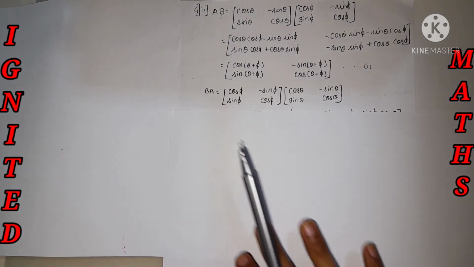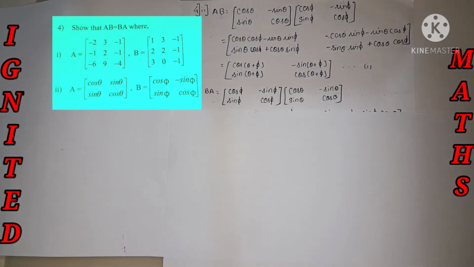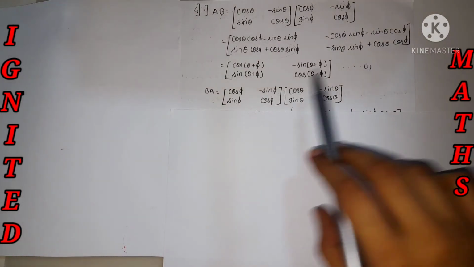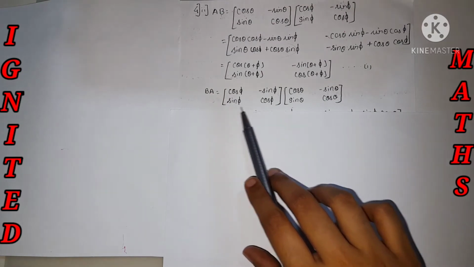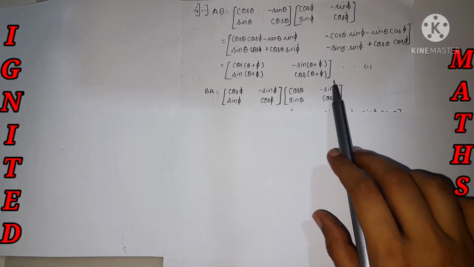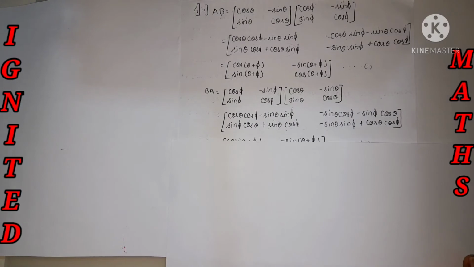Now we have completed the AB matrix, but in the question they have also asked for the BA matrix, and whether the following matrices are similar or not, which we need to find. We have completed the first part, AB. Let's move to BA. The B matrix is written here and the A matrix is written here. Now we need to do the matrix multiplication, using the same procedure.